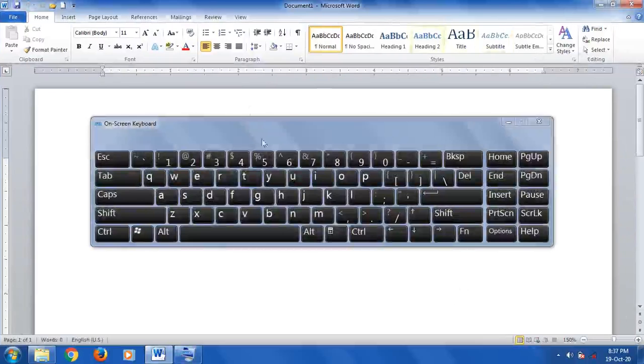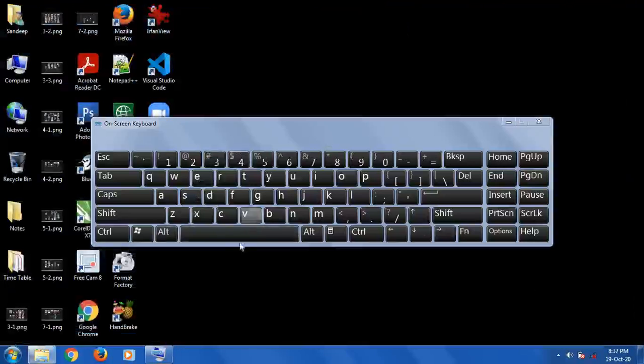I want to close this window by using a shortcut key. So let me activate the function keys. You have to press Alt plus F4. I hope you have understood. You have to press Alt F4 to close the Microsoft Word application.